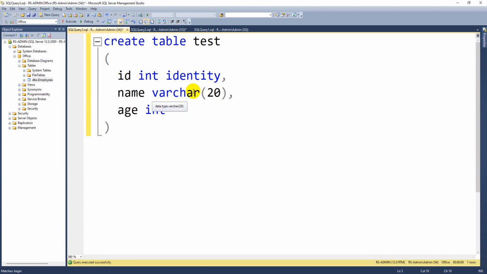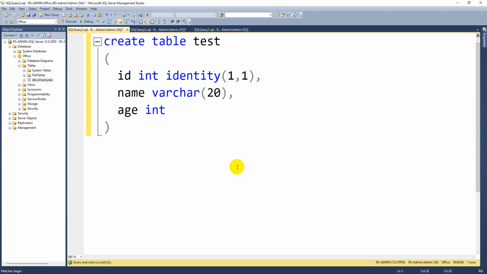Yeah guys, now observe carefully. If I use only this keyword identity, it contains two attributes, even without writing them. It is equal to identity(1,1). The first value indicates the seed value, so on this test table, id will start from 1. The second one is called the incremental value. That means every time, what value it should increment by. So every time it will add 1. So the first record will be 1, the second one will be 2, then 3, because every time it will add 1.